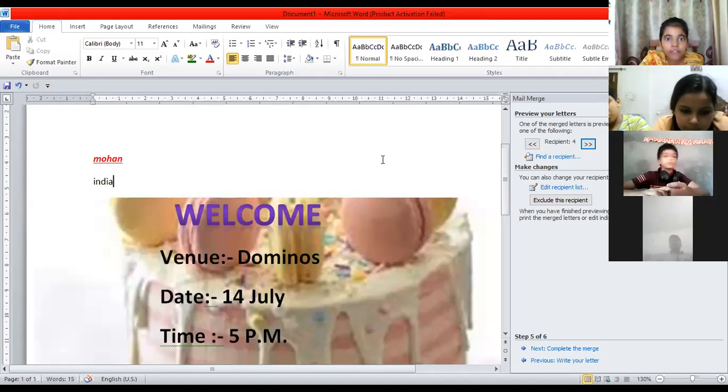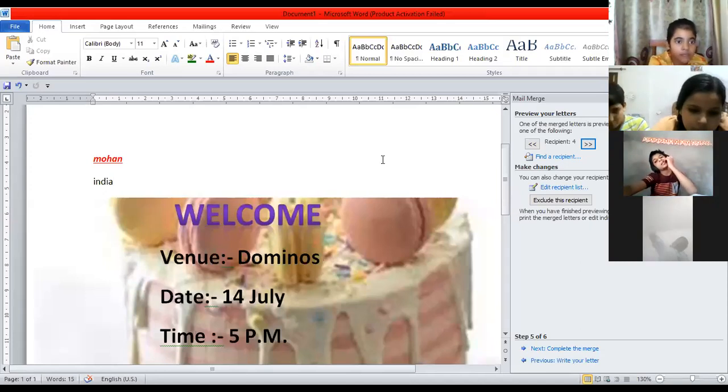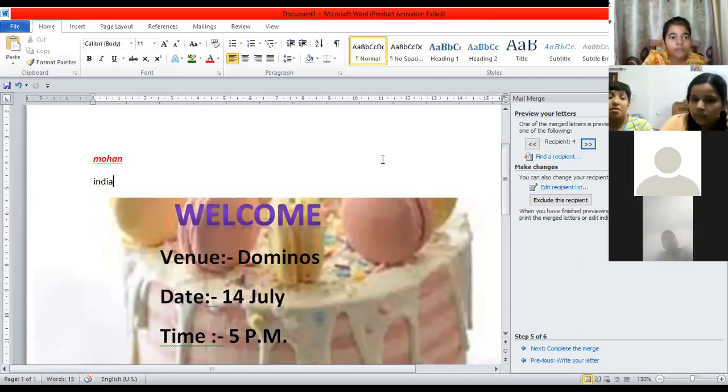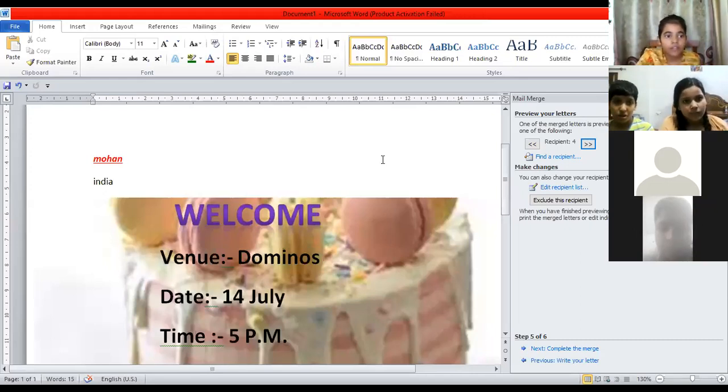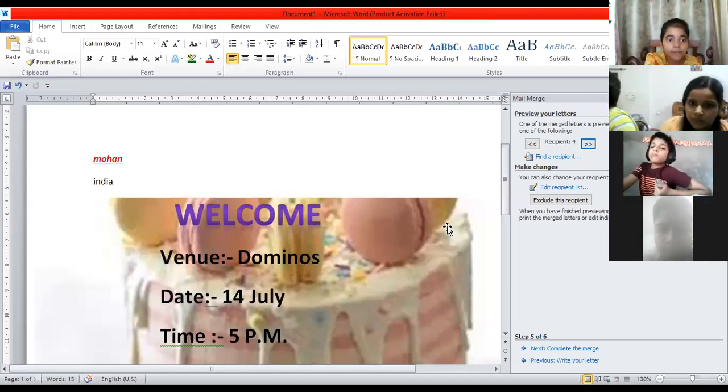And now when you write, the text will come above the picture. Clear? Ma'am, when I'm typing, nothing is visible. Yes, ma'am, it's coming. If it is a dark color picture, use a light font color, and if light, then black, so use that combination. No, that is why I have taken a lighter color picture. Okay. If you are taking a dark color picture, then change the font color to lighter so that it can be visible. Understood? Yes, ma'am.